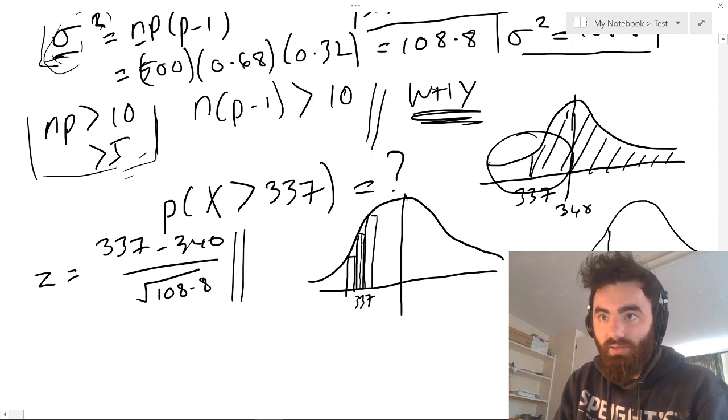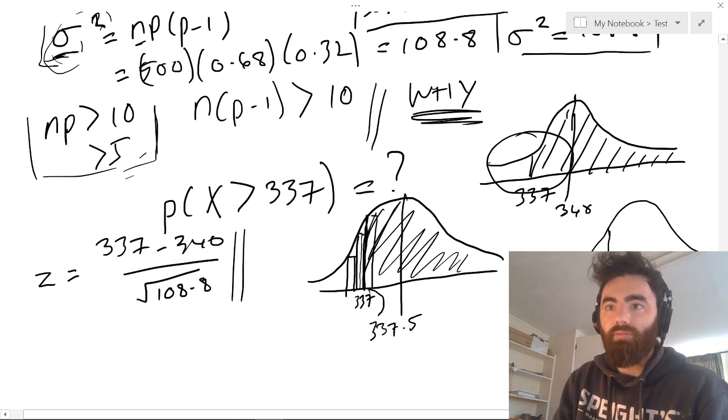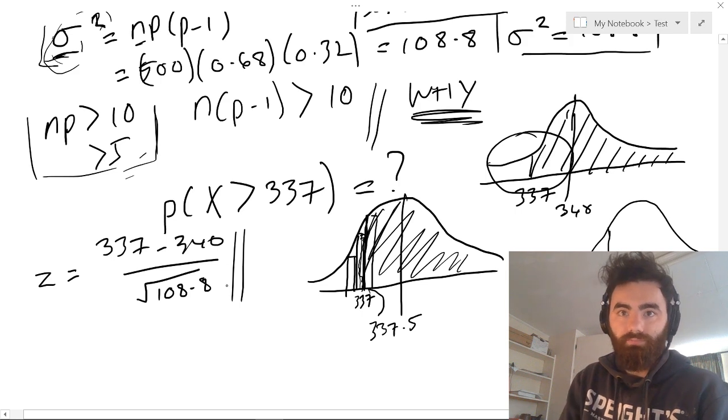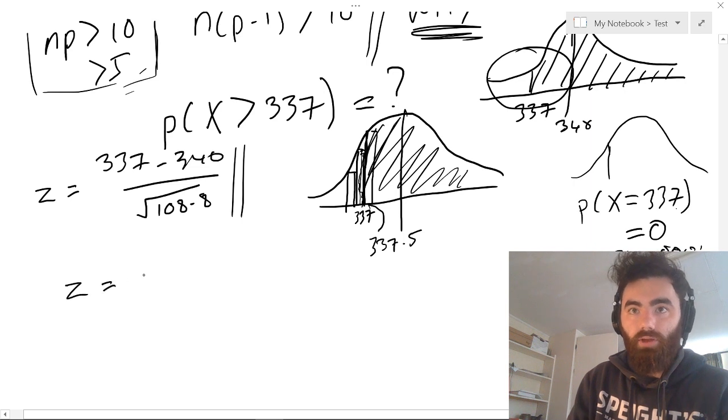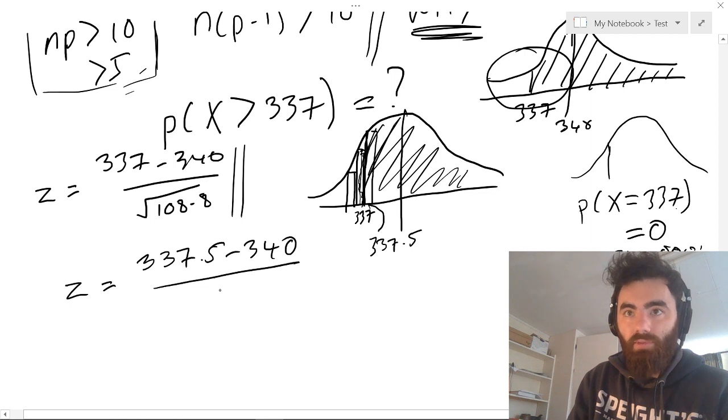That's why you have these graphs, these bars here. So we actually want to find the probability of it being greater than 337.5, because that will exclude 337 from our calculation, which is what we want. If we count 337, then we're counting this extra little bit here, which we don't want at all. And if you don't understand that, you should look that up for the approximation as well. So in fact, we want to do this one, because it's a better approximation,